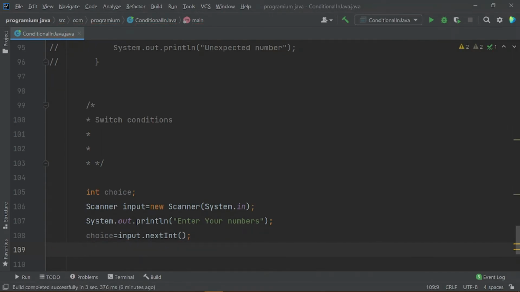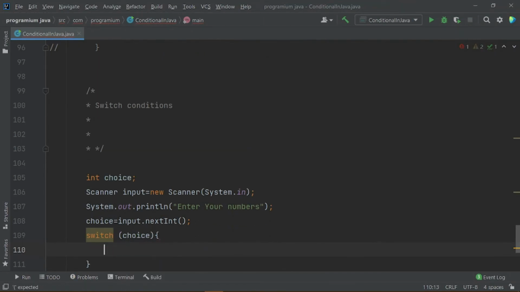What do I have to do to use these switch conditions? First I write switch, and in these brackets I have to use the variable on which the condition is applied. So I am applying the switch condition on this choice variable because we would like to validate this variable.